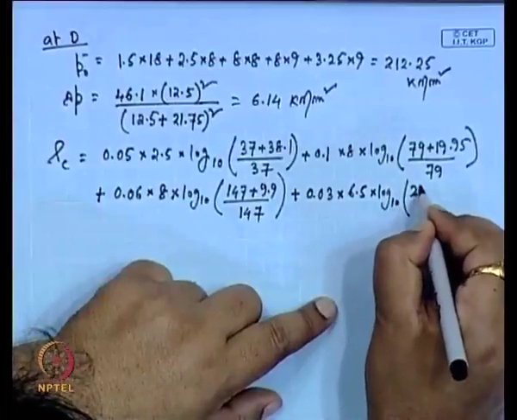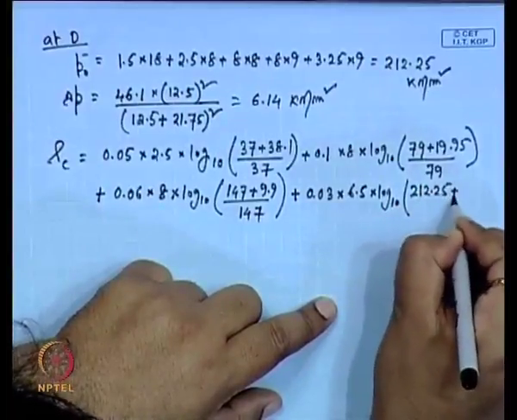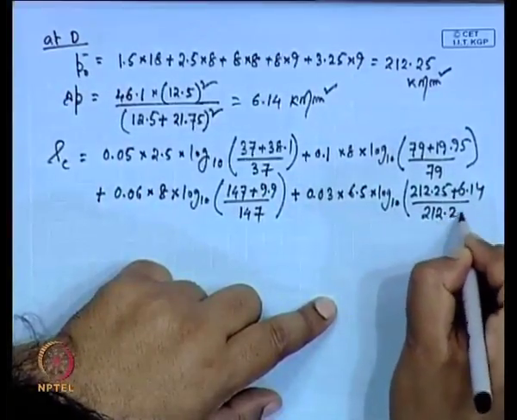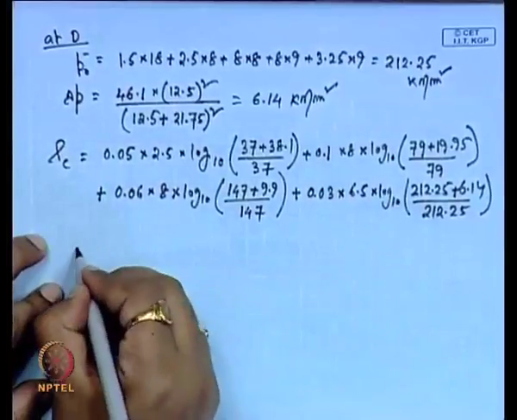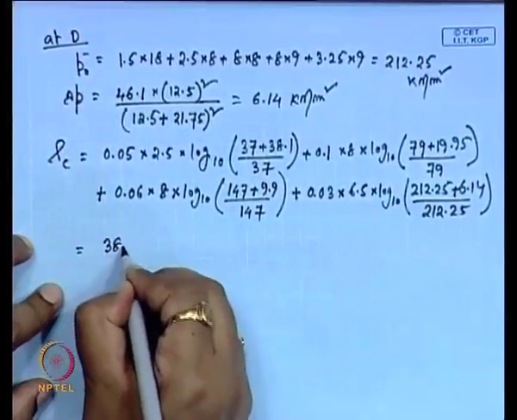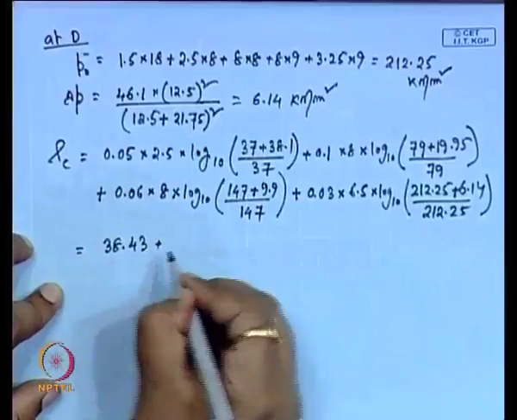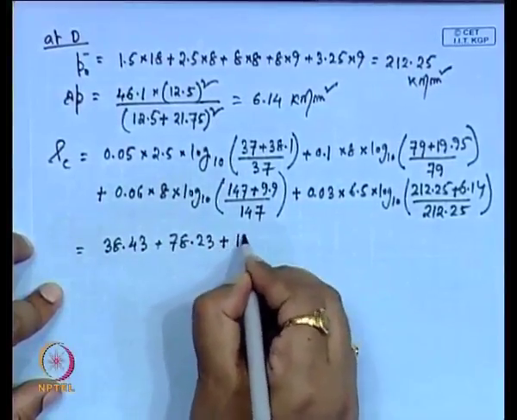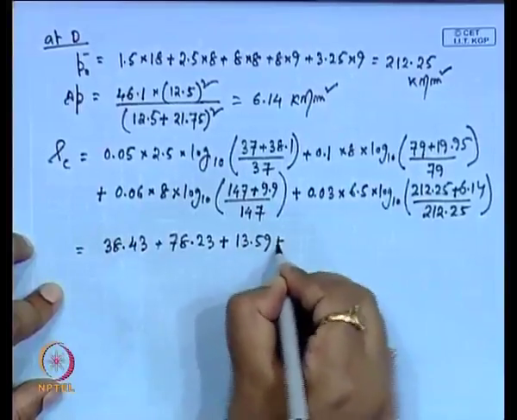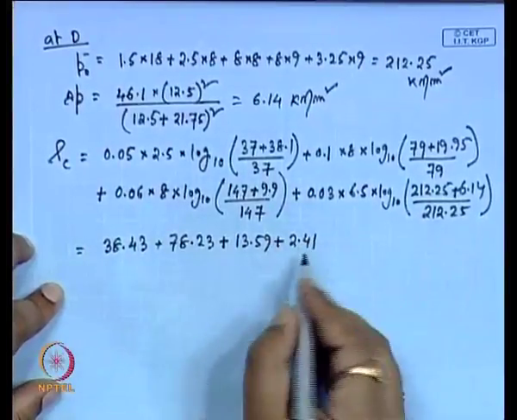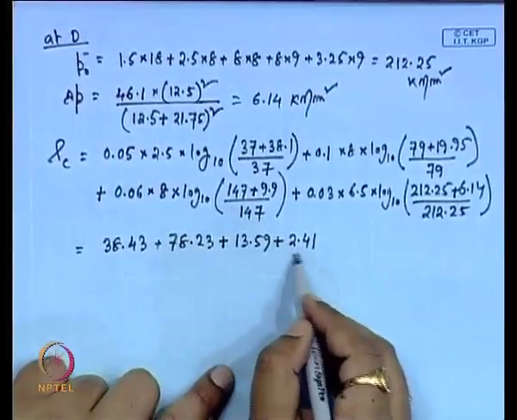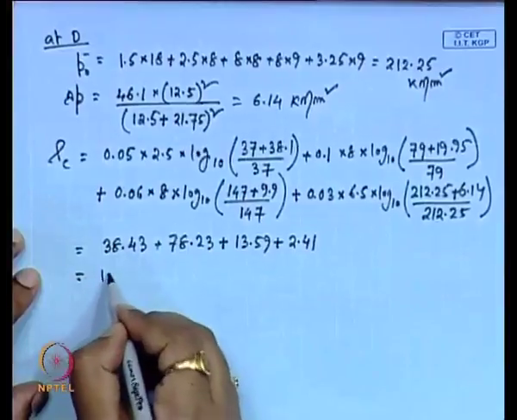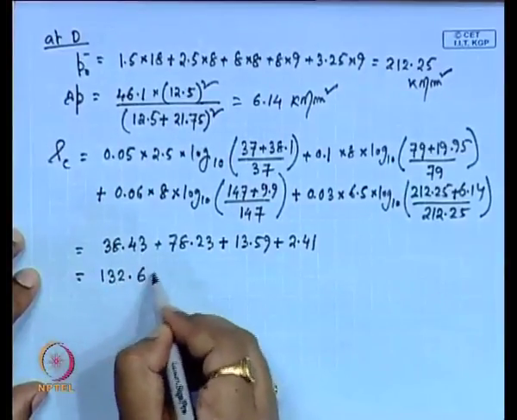212.25 plus 6.14 divided by 212.25. So, the individual settlement for each layer is 38.43 plus 78.23 plus 13.59 plus 2.41. So, we can see for the last layer, this thickness is very negligible. So, the total one is 132.66